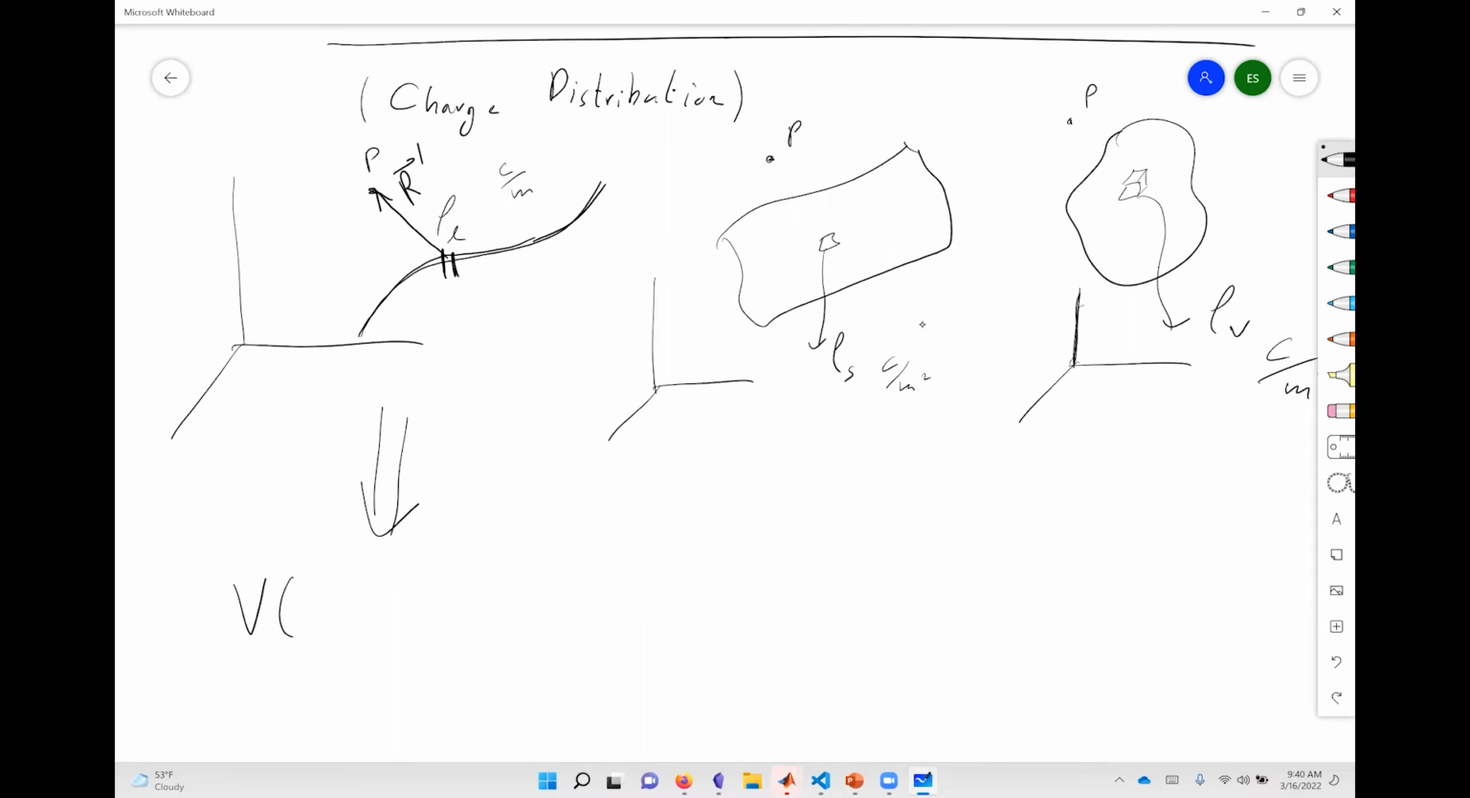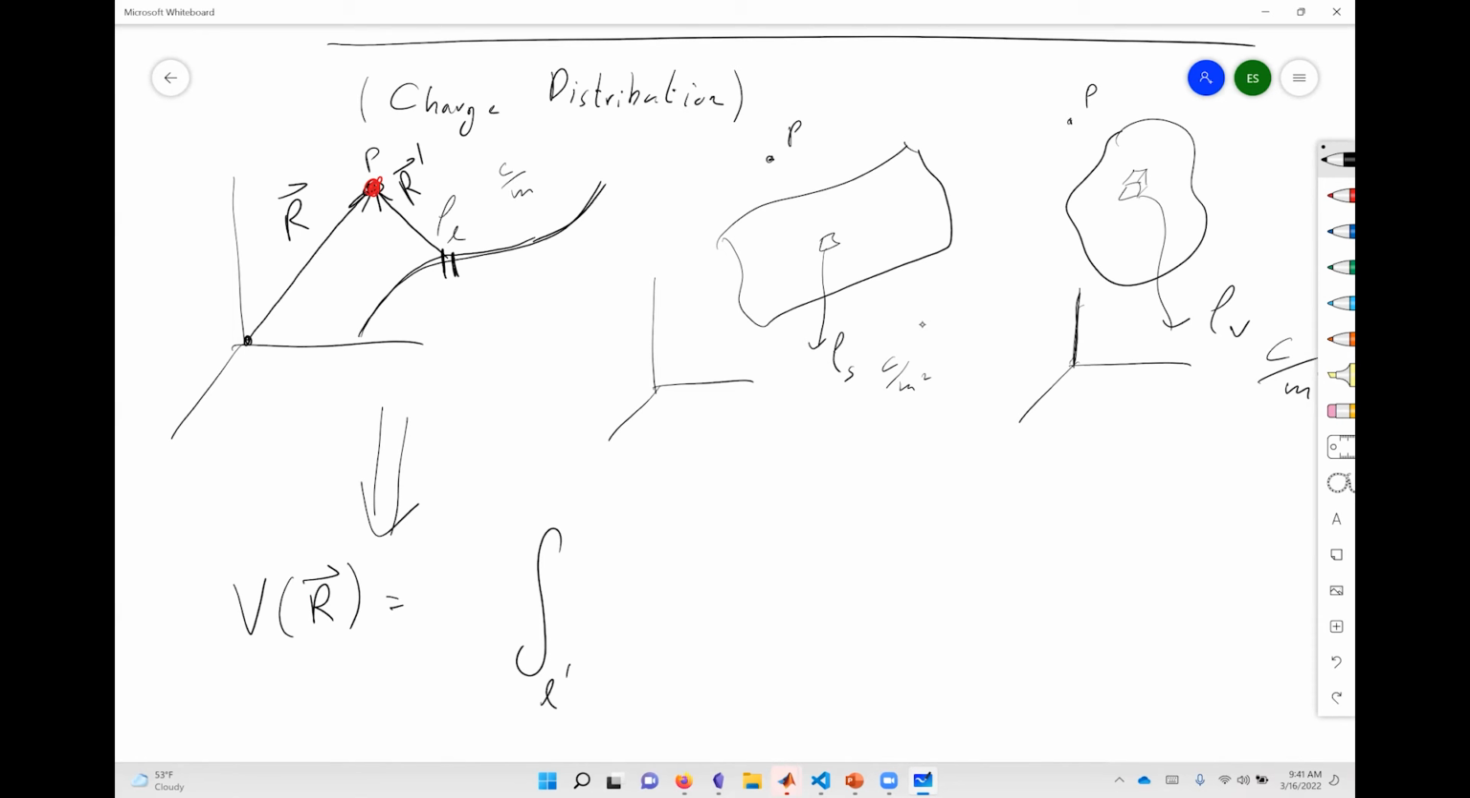So we want to find V. R is the position of the point, the position vector of the point in space. This is a point in space from the origin. R prime is the position vector from the source to the point. And R prime varies depending on where you are on the source. So V at R is the sum